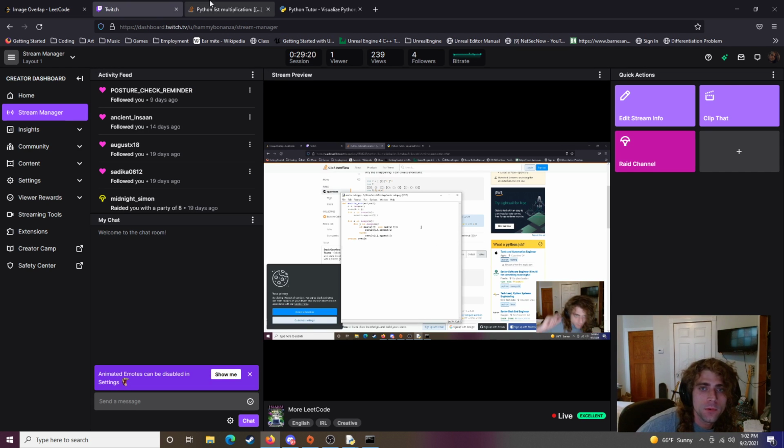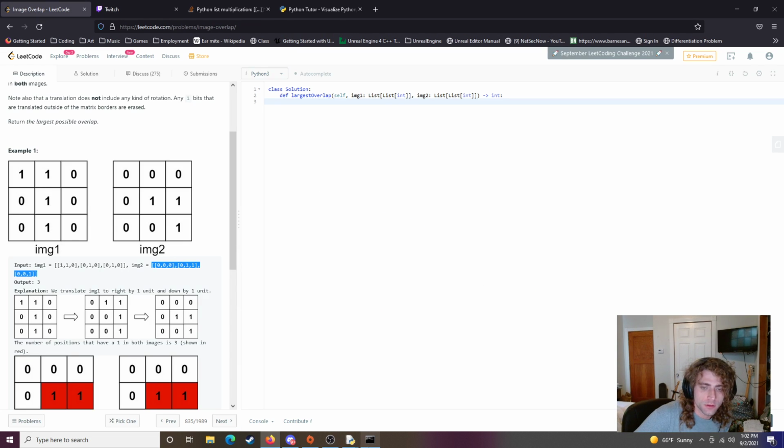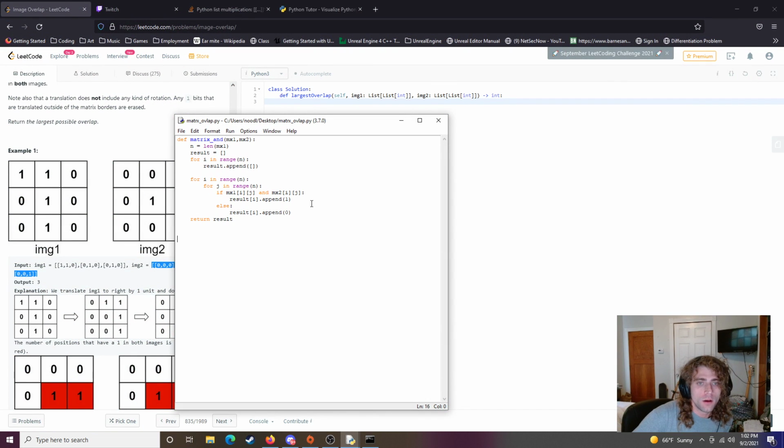Now that I think about it, with the matrix, I think I might end up adjusting that just a little bit so that instead of having it return a result, I might just have it keep a count. Yeah, because that'll be more useful ultimately. So it'll do exactly what we need. So instead of returning a result, what we want to do